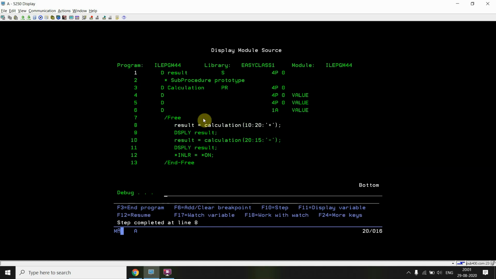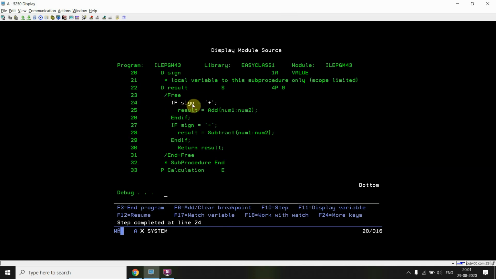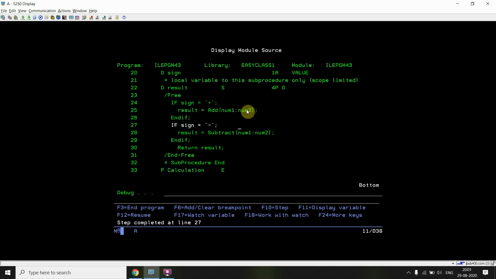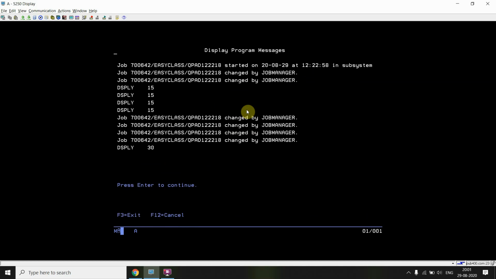You can see that you are calling this calculation, and then you went to the calculation part. If the sign is plus, then you are calling the add, passing those two numbers. Just take Shift F10, and you will see ILE 41. You are inside ILE 41 and returning the sum.